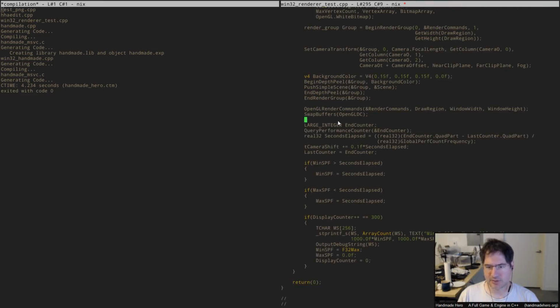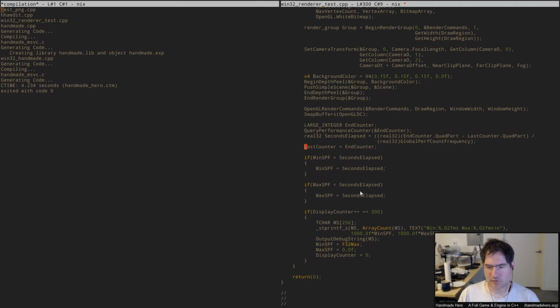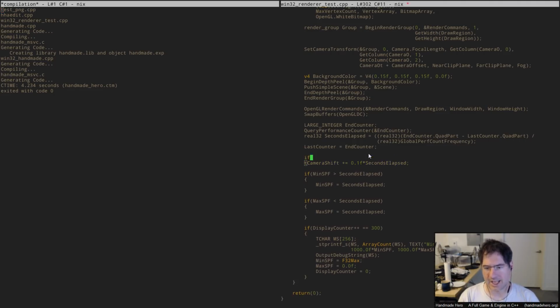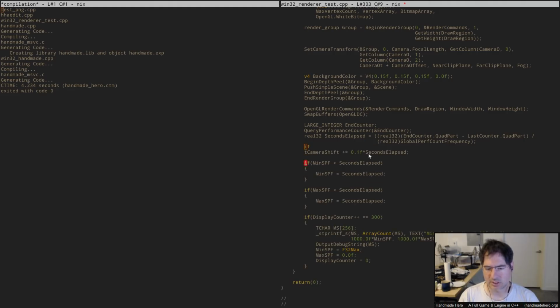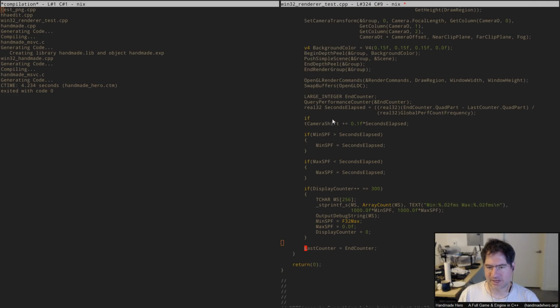And then when we come through here and we get the end counter, I want to only do this update when we know that we have an actual valid frame. So what I'd like to do is say, and this probably doesn't need to be 300. Let's make it